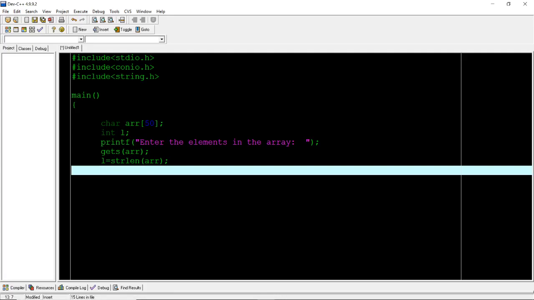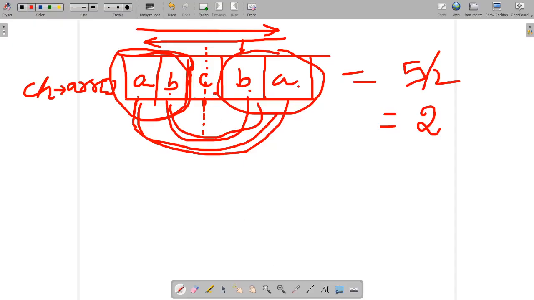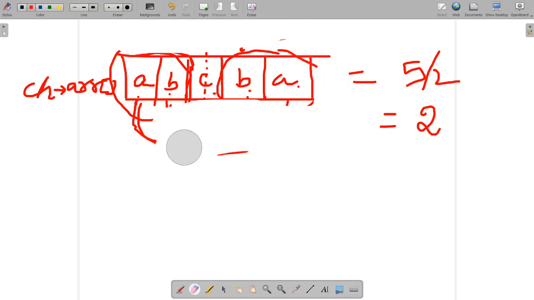So I will run a loop. The loop will be a for loop. See, where will the loop begin? Here.